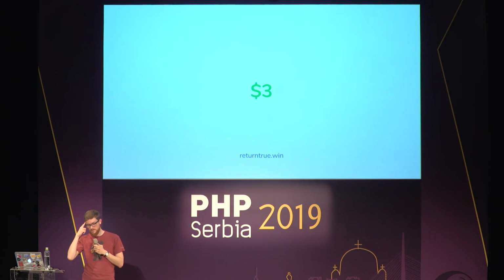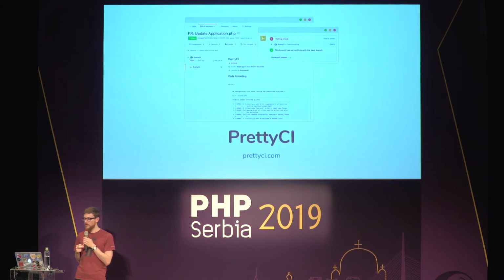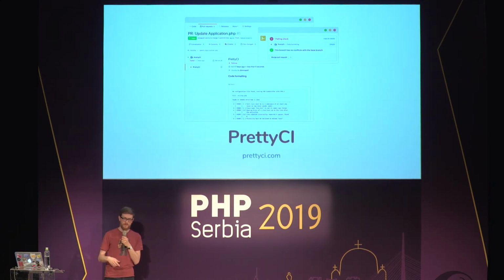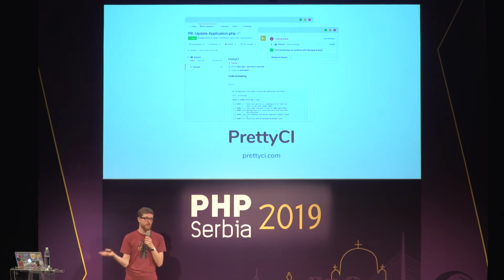So I thought, hey, this is interesting. Maybe I can run some stuff on Amazon Lambda. At the same time, I was working on another project called triticeae. Triticeae is a SaaS where you can run continuous integration for coding standards. Basically, every time you push to GitHub, it will run PHP CS Fixer or PHP Code Sniffer, whichever you prefer, on your code and report some errors. And then the pull request can be marked as red or green. At first, I did it with a simple Laravel application. I used Laravel queues, and I set it up on DigitalOcean, and I had like 3 or 4 workers. And it was running fine.